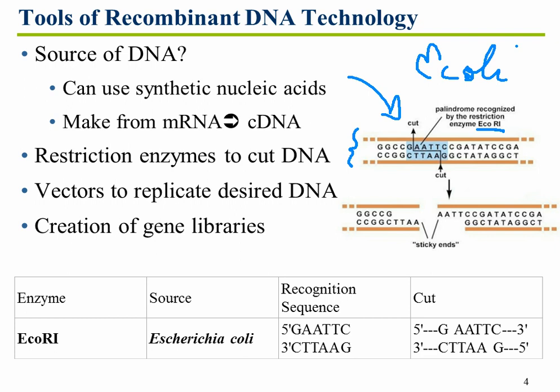Anyway, so on this example, notice a section right here. The sequence from left to right on the top is ch8, and the sequence on the bottom strand from right to left is ch8, same sequence left to right, right to left on the opposite strand. The enzyme will cut between guanine and adenine on both strands, and you can see where the cut mark is there. So there's the cut mark between these adjacent